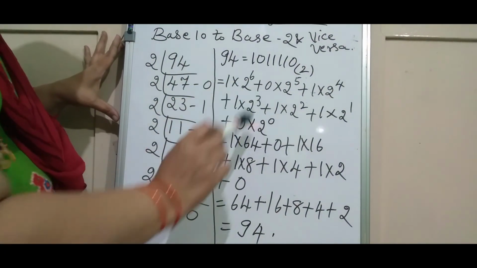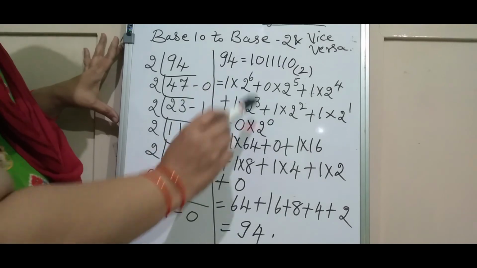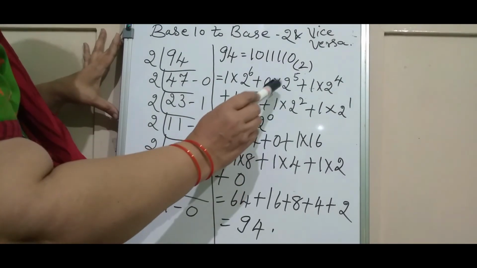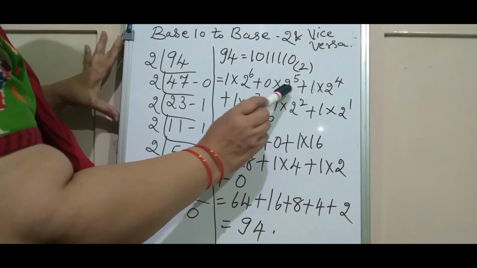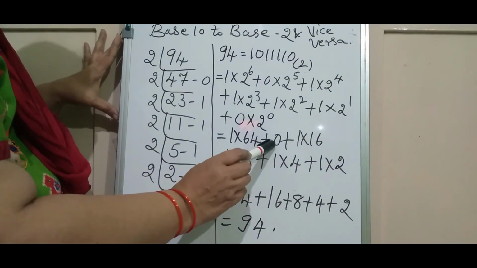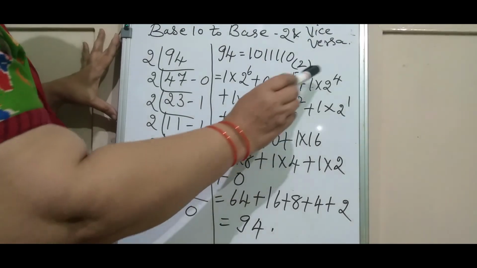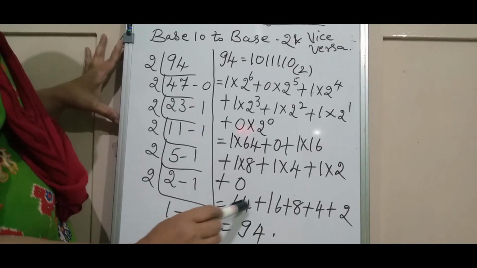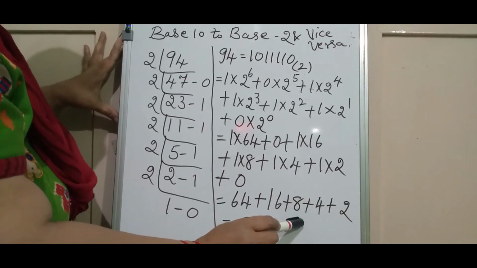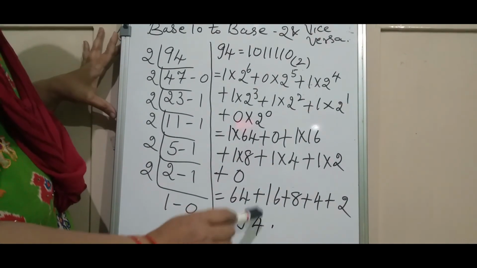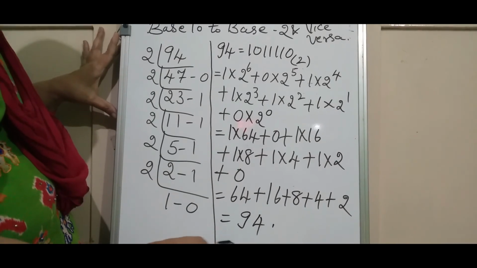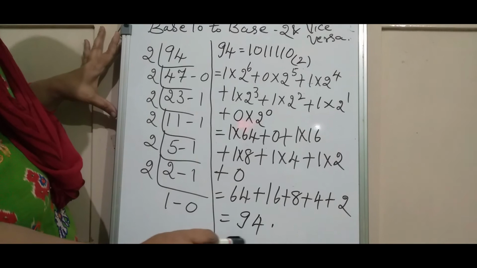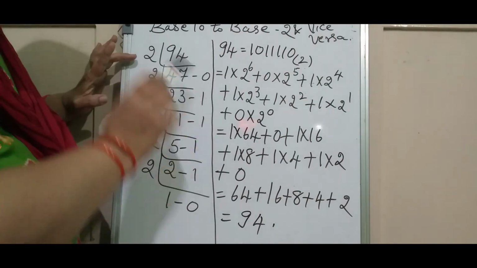And again here you can observe, 2 to the power of 6 is nothing but 64. So 1 into 64. Again the number which is multiplied by 0 is nothing but 0. The whole value will be 0. Again we have simplified like this. And finally you can see here 64 plus 16 plus 8 plus 4 plus 2. So the answer will be 94 only, once again. So when the base 2 number is converted into a base 10 number, we got the original number 94 here.